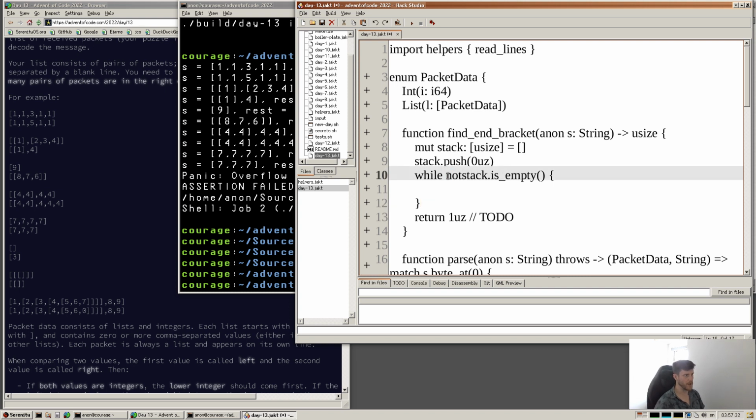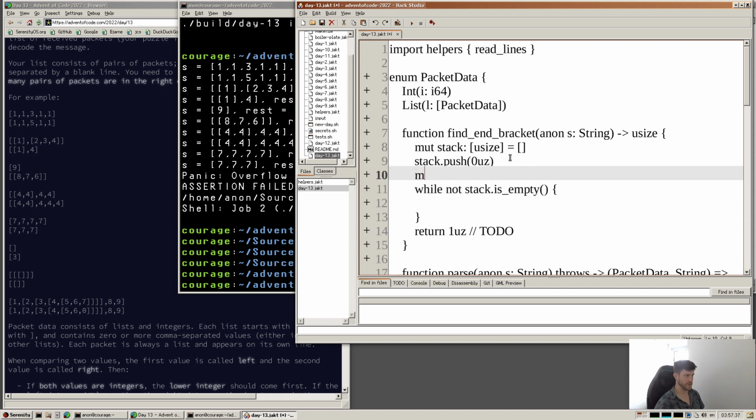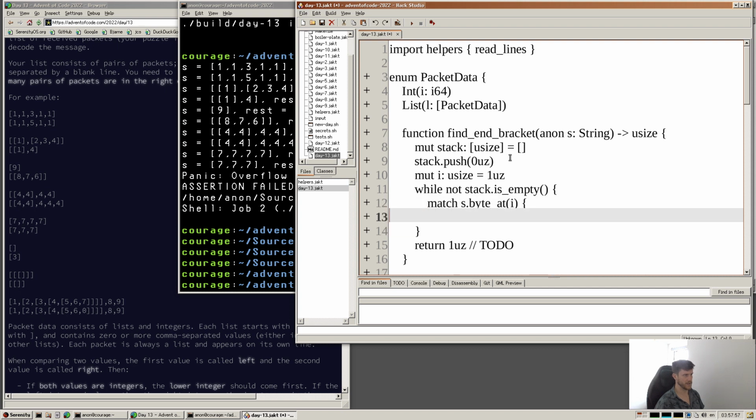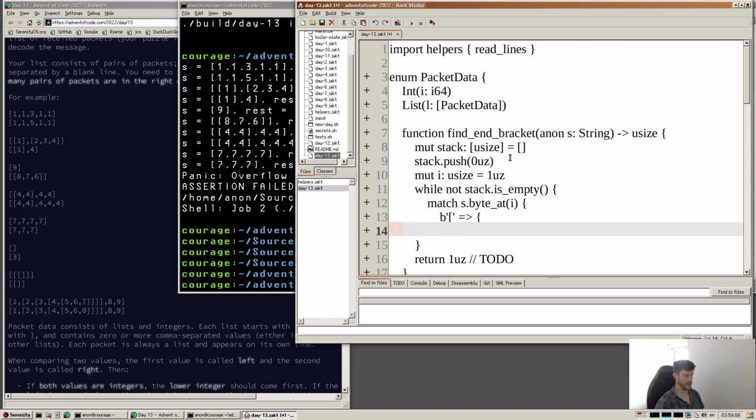So while our stack is not empty, we want to basically do some things, and we probably also want to have a mut i, which is going to be a usize, and it can start at 1, sorry. And here we run match on s.byte at i, and if it is a, not that one, that one. If it is an open bracket, we are going to